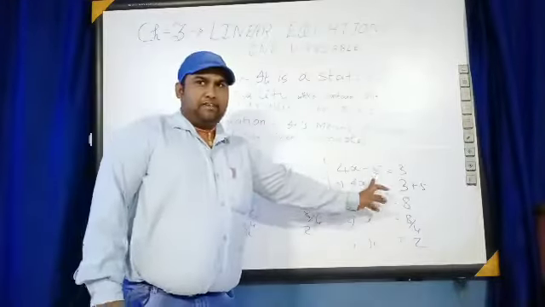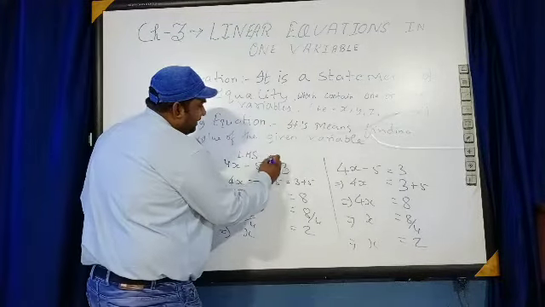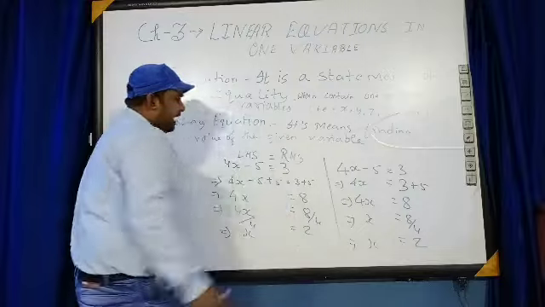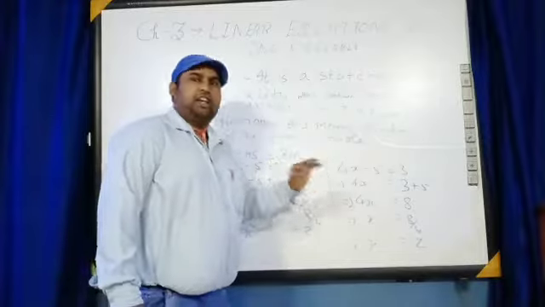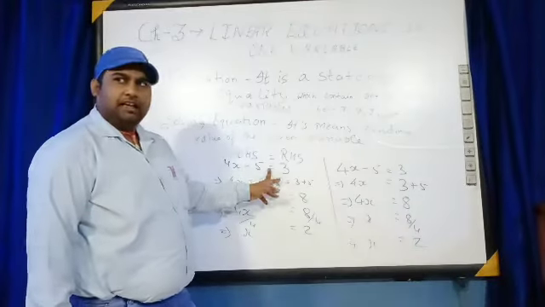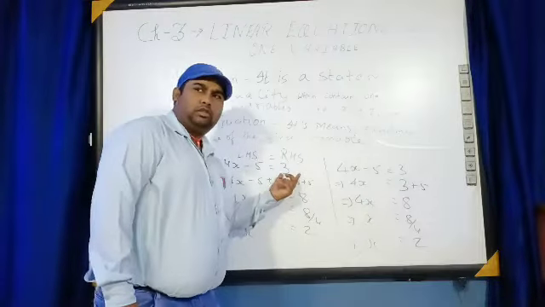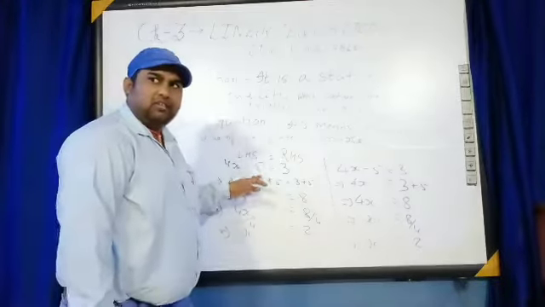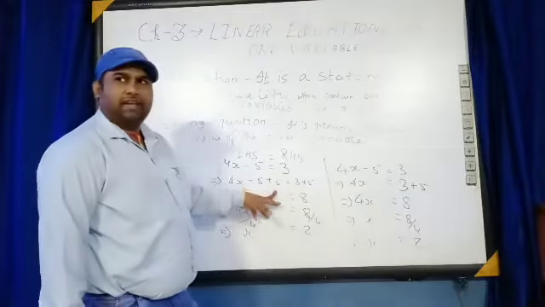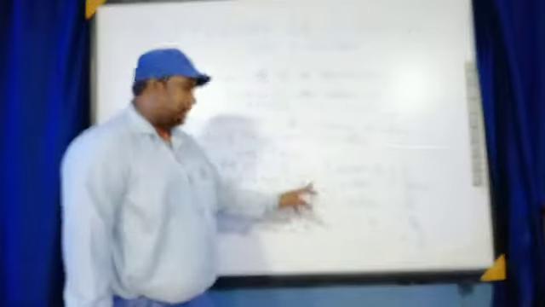There are some rules which we have applied here. What are the rules? This part of the equation is known as LHS and this part is known as RHS. LHS means left hand side and RHS means right hand side. Now, this is the equality sign. Equality sign means the value of 4x minus 5 is equal to 3. Here the variable is x. Here we have applied the cancellation process. Minus 5 will be cancelled with plus 5. So on both sides, LHS and RHS, we have written plus 5. Here minus 5 and plus 5 is 0, meaning it is cancelled.